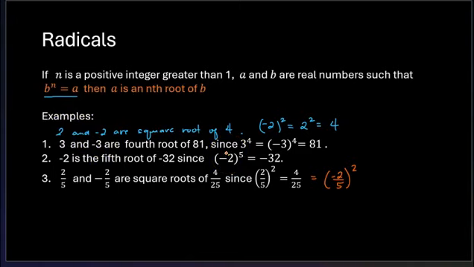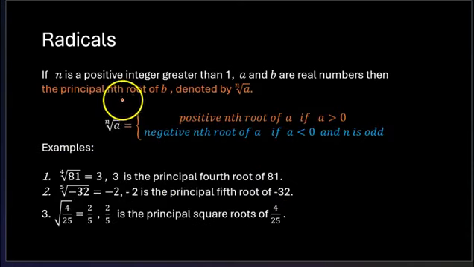So why is it important that I'm stressing that there are two roots for some problems? Because when we go to what we call the principal nth root, this is where we use the notation. This notation means we're only considering the principal root. Let me go back to the simple example. We know that 2 and negative 2 are square roots of 4, from the definition earlier, because 2 squared and negative 2 squared give us 4.